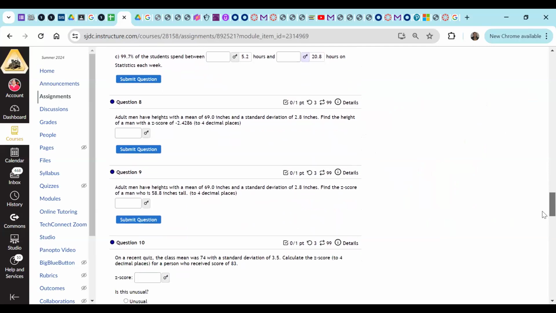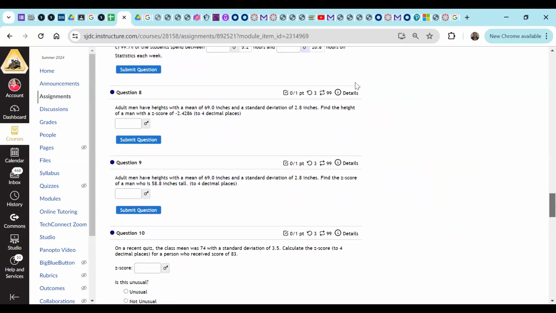All right, so as we go further in question number 8, it says adult men have a height with a mean of 69.0, standard deviation 2.8. Find the height of a man with a z-score of this to 4 decimal places. So in this case, the z-score is given to us, and we are finding the height of the man. If you remember, the formula was z is equal to x minus the mean, where x stands for the height of the man, and the mean is given here, 69 inches,